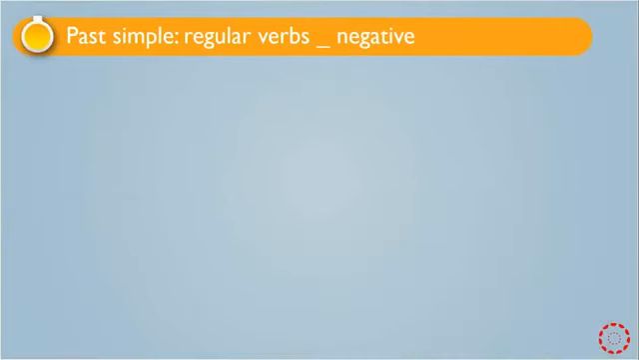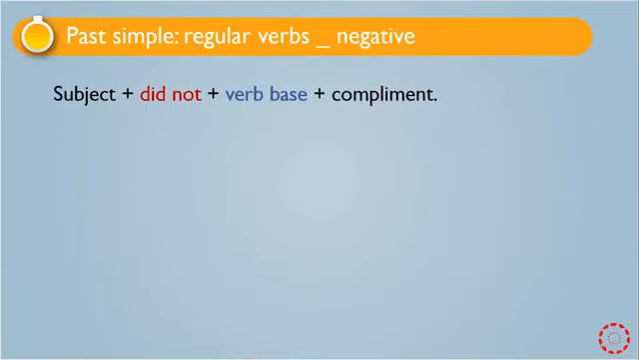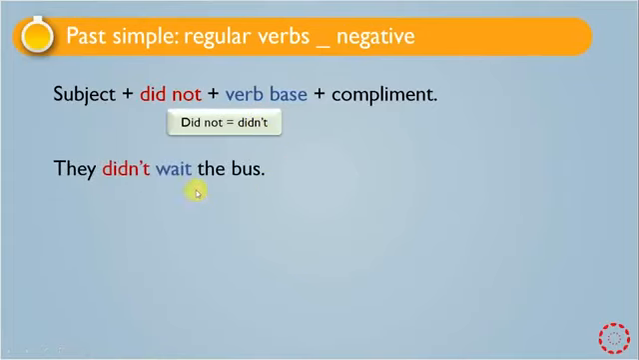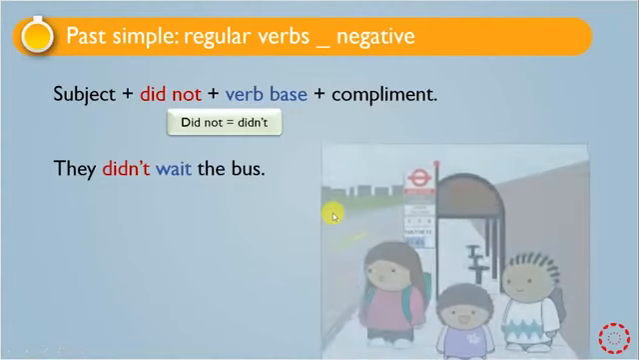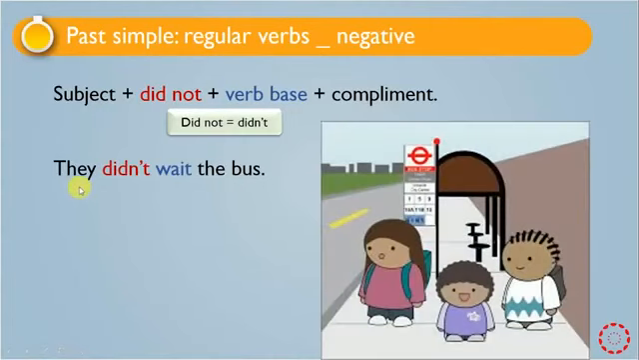Past simple with negative. The structure is subject plus didn't, did not, or didn't, plus verb base plus complement. When we add did to the sentence, we should make the verb base. And we can write did not, and we can simply say didn't. They didn't wait the bus yesterday. Didn't,